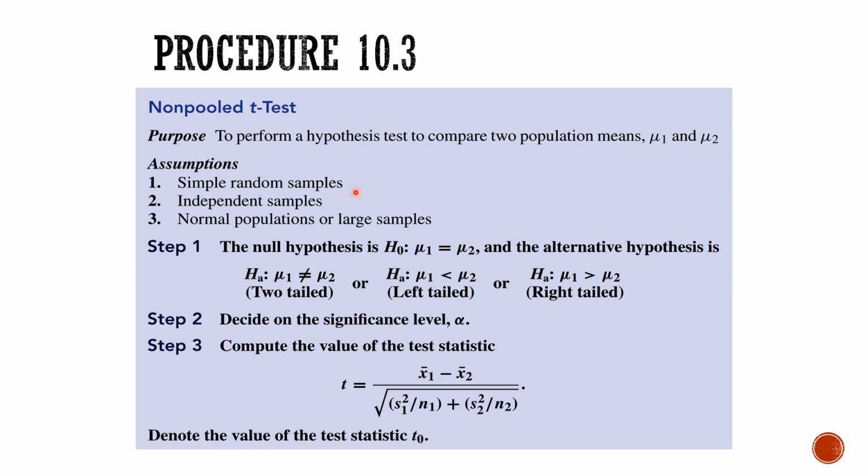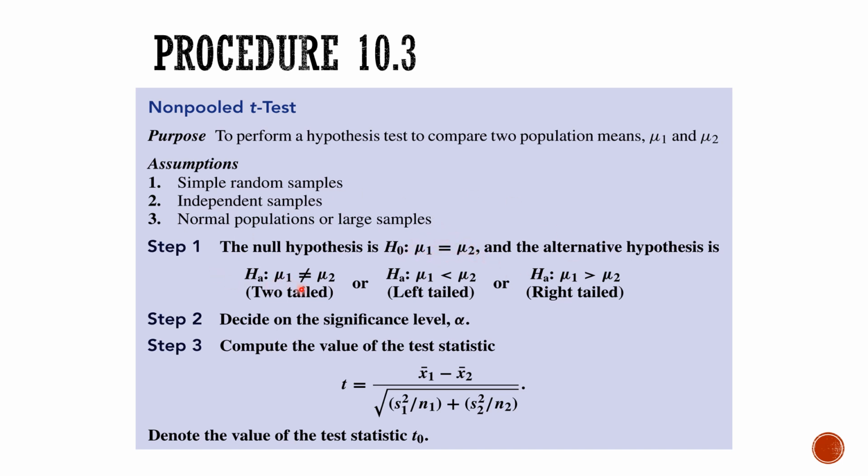Here's the step-by-step procedure to perform a non-pooled t-test. Purpose: to perform a hypothesis test to compare two population means, mu sub 1 and mu sub 2. Assumptions: simple random samples, independent samples, and normal populations or large samples. First step is to state our hypothesis. The null hypothesis will always say that the two means are equal, so mu sub 1 equals mu sub 2,